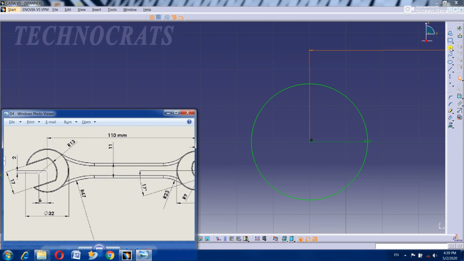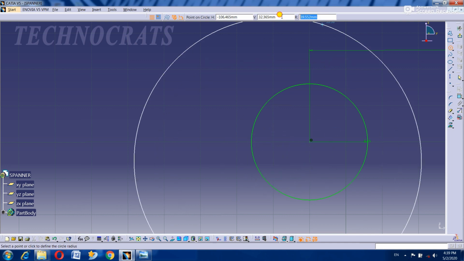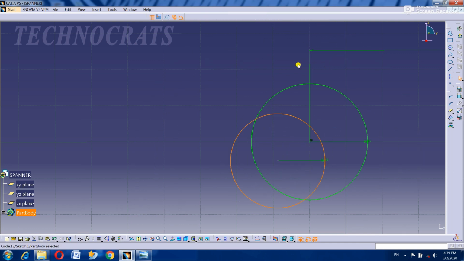So draw a circle of radius 13 mm. The horizontal offset is 6 mm, the vertical offset is 2 mm.